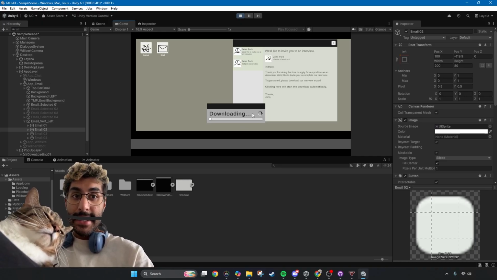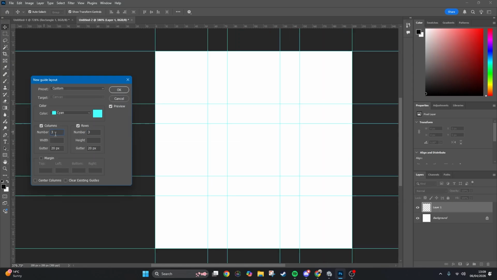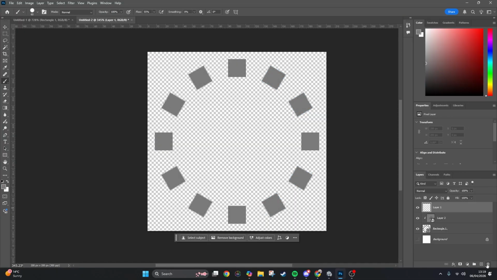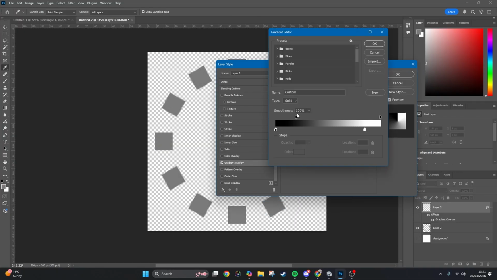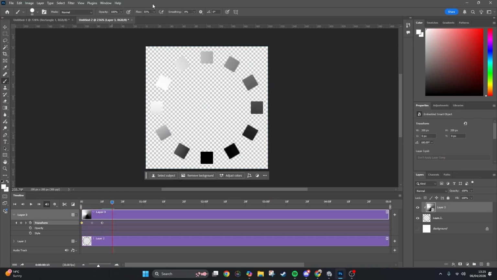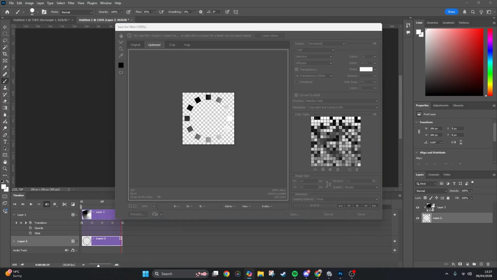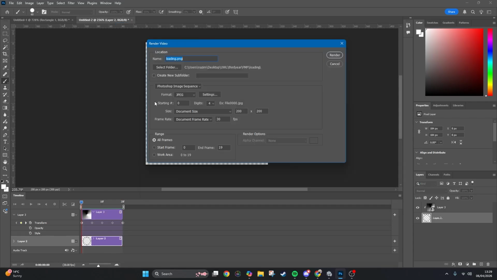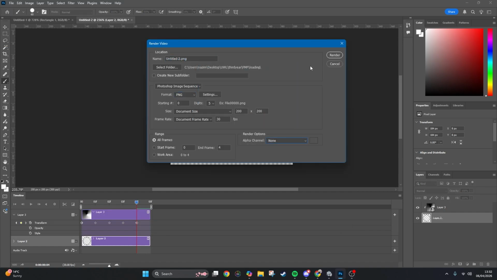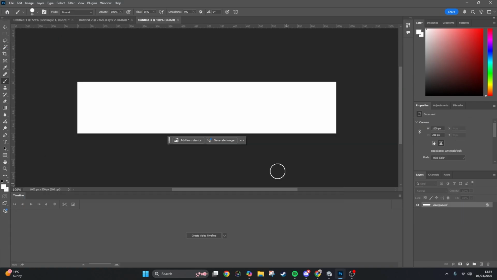I do have a time-lapse of how I made this little loading icon. I just felt like making my own, so that was fun. Hello, this is me from the future. The first thing to do was just to make a bunch of squares that revolved around the middle. Then I set up the black and white gradient just so that I could give them that effect. And then I actually used Photoshop's timeline to rotate it and print out many rotated versions, if that makes sense. And then I just arranged them into another Photoshop file